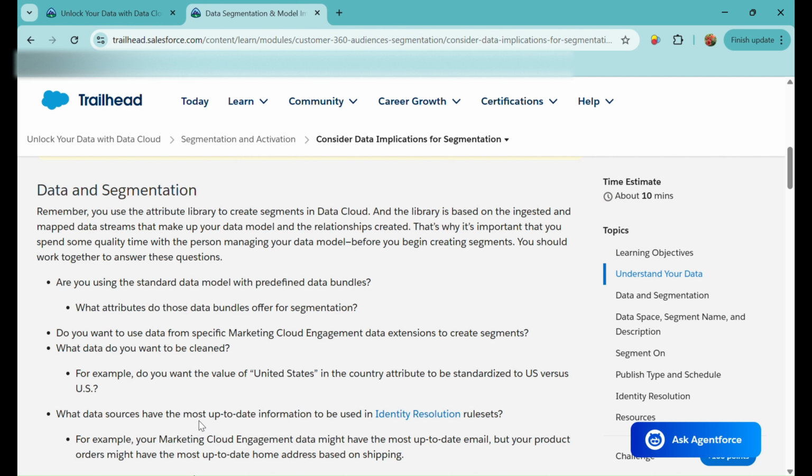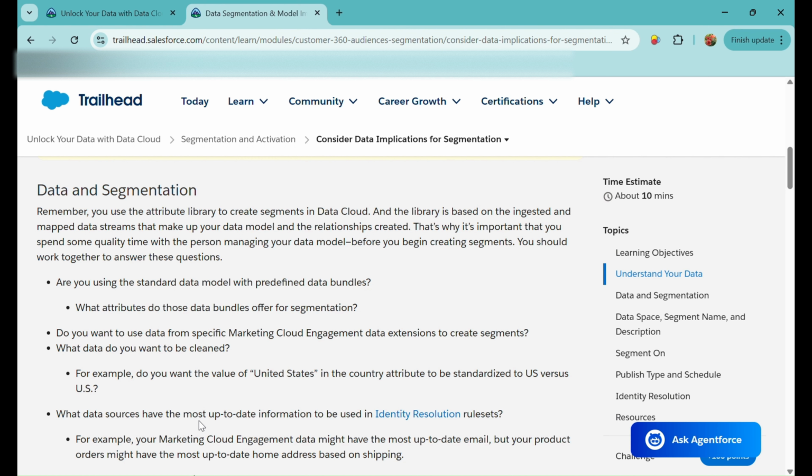So I'll just explain using a simple example. Suppose you have ingested contact data, that is individual data. You created the unified profiles as well using identity resolution. But now for future purposes you want to identify the data. Suppose for the sales cloud or for sales purposes you want to identify the data of male members who are aged between 20 and 30, and maybe who work in an IT department, something like this. If you want to identify this kind of data out of the whole data ingested, you can utilize the segmentation.